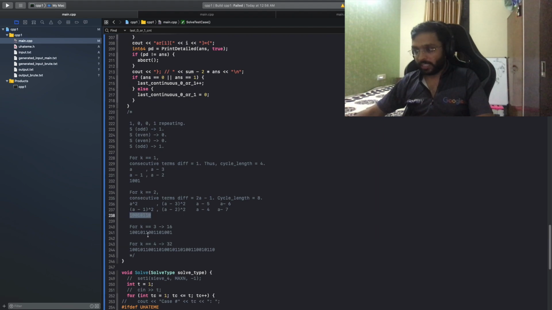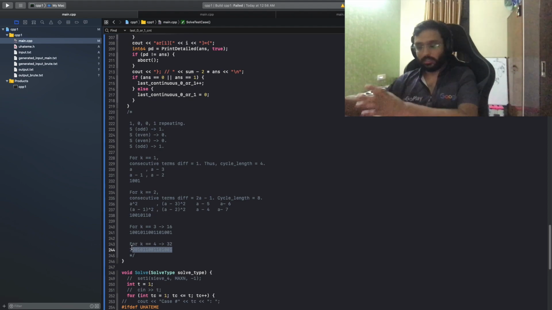And again, the assignment will be something like we copy the exact same thing and then negate it. Similarly, for example, this will be 0, 1, 1, 0 and 1, 0, 0, 1. And for k equal to 4, the assignment will be this and the entire negate of this thing.